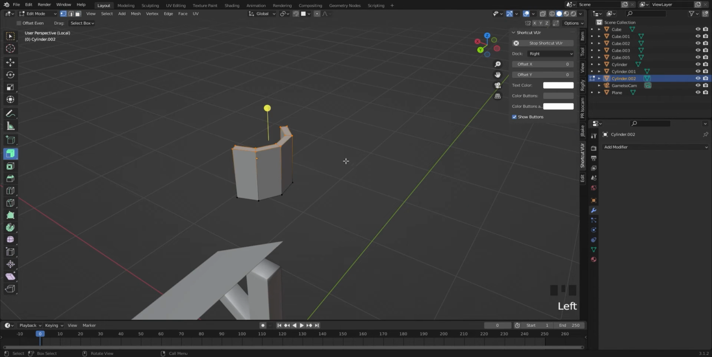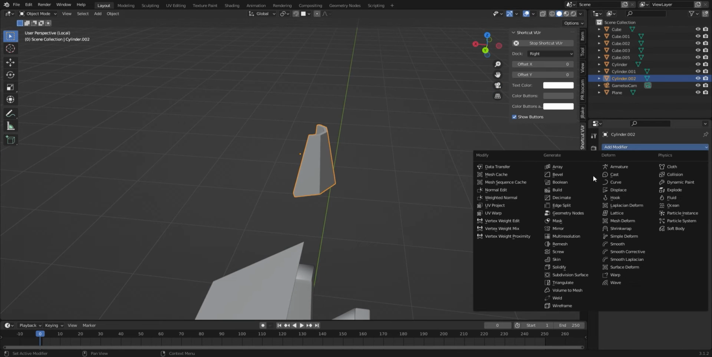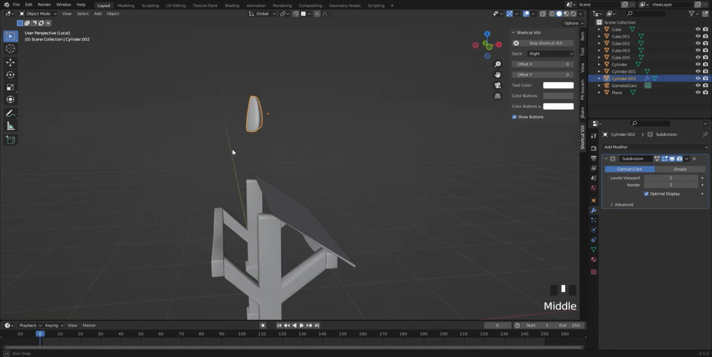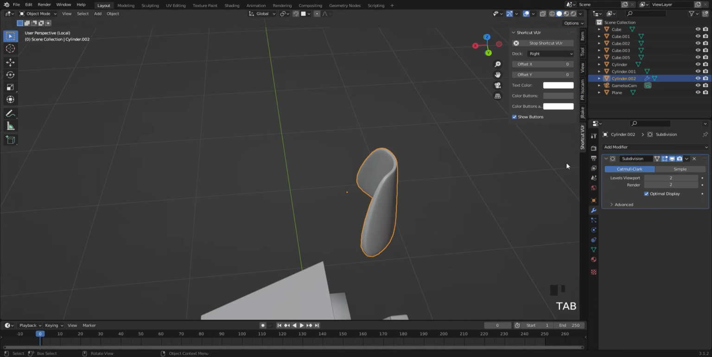Select the top vertices and S to scale them in. Select the bottom ones and S to scale them out. Add a subdivision modifier and Ctrl R to add some loops. Apply the modifier,